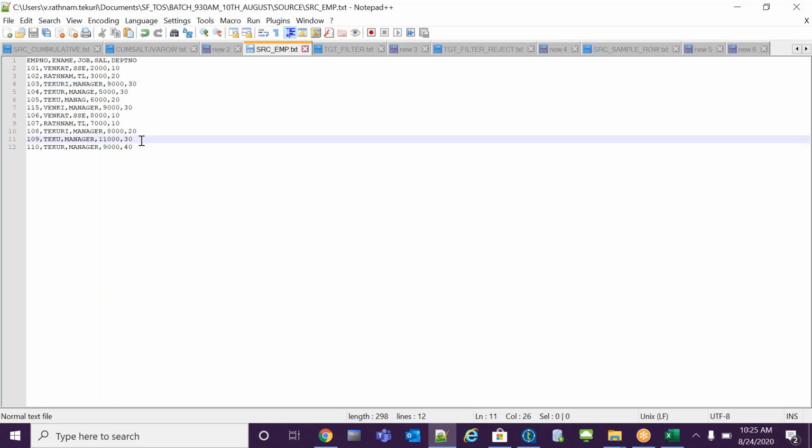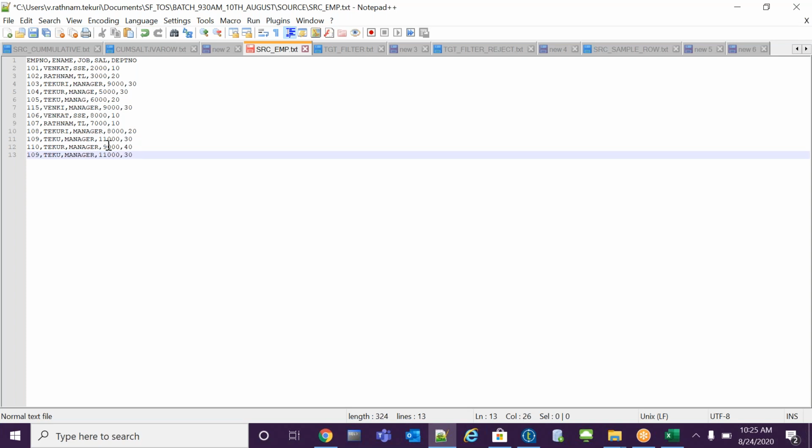Assume that I have one more employee. I have n number of employees in the market. 120, assume this is an employee. He is also getting the same salary.